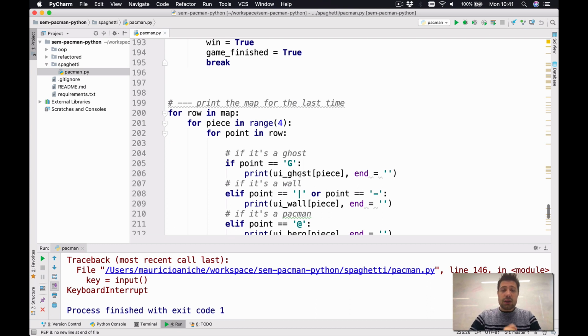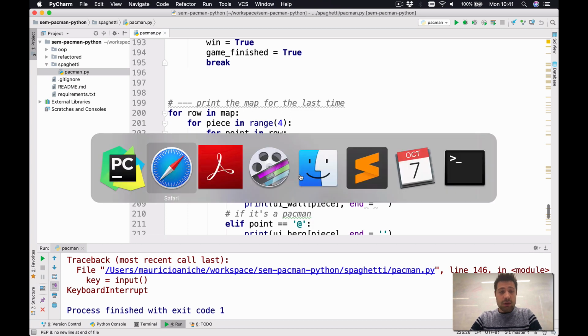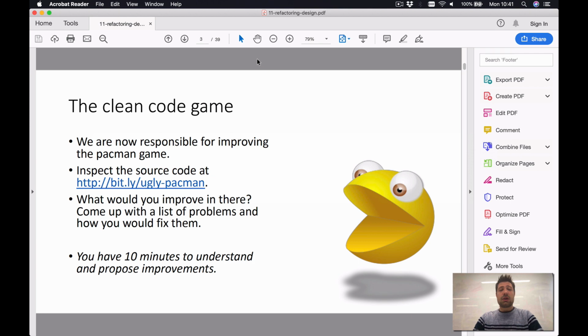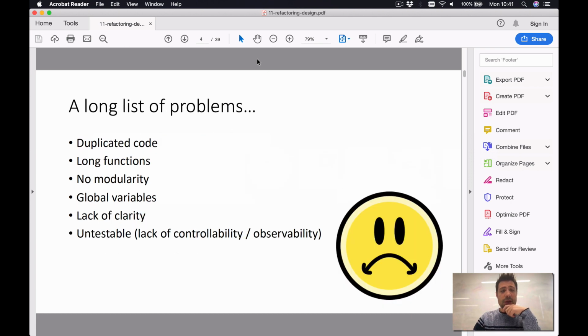In the lecture, I gave you a few minutes to see the source code. If you're following this lecture only online, do the same. As soon as you start to do this, please try to focus on what you can improve in here. Come up with a list of problems and how you would fix them. I also did this in my implementation. You see lots of duplicated code, long functions, no modularity, global variables, lack of clarity, not really testable. So let's go